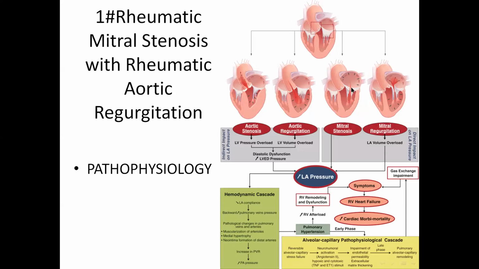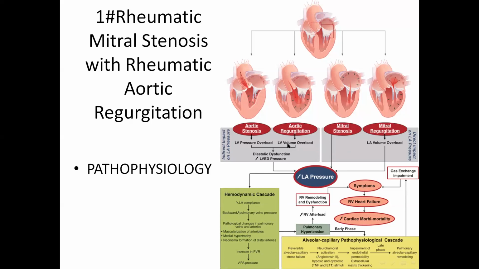If we have a stenotic mitral valve, we will have high left atrial pressure and backflow, or back pressure, into the pulmonary circulation, and we will have pulmonary hypertension. LA pressure will increase, then LA compliance, then pulmonary venous pressure will increase, and we will end with high pulmonary artery pressure. In aortic regurg,